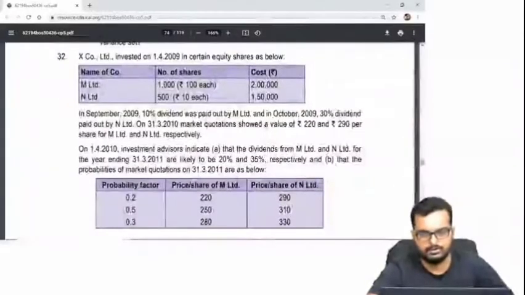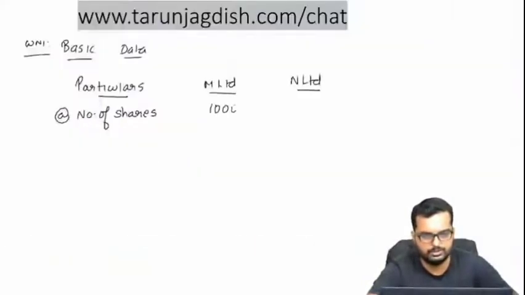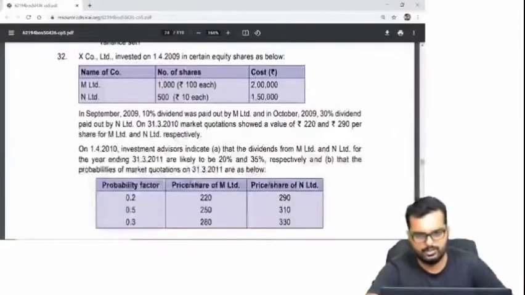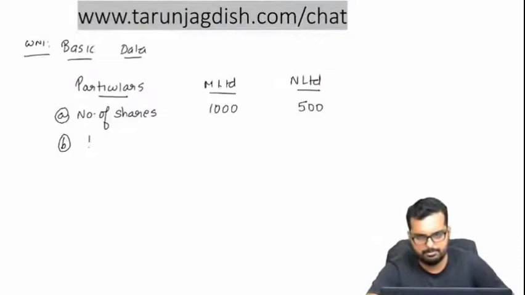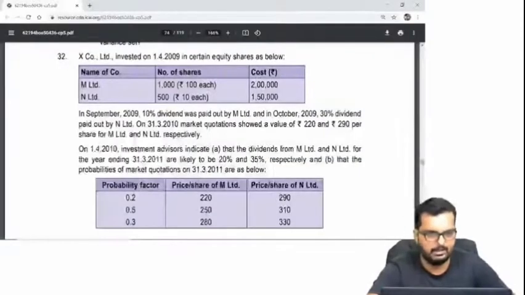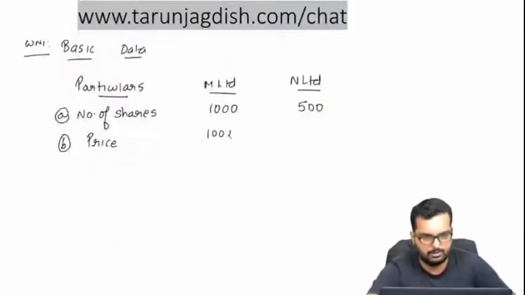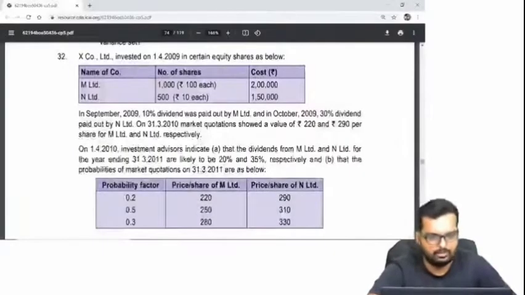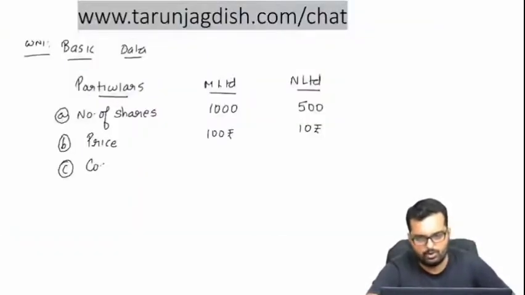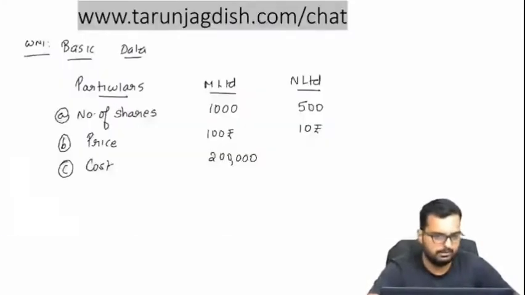What's the number of shares? Everyone tell me. It is turning out to be 1000 shares over here, and second one it is turning out to be 500 shares. Point number B, price. Price you are getting the answer as 100 rupees, and here 10 rupees. And the overall cost is given as 2 lakh rupees,